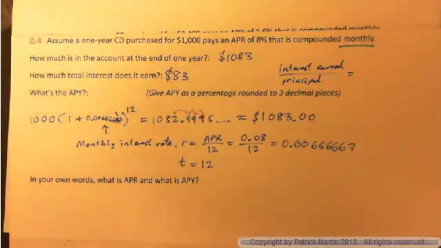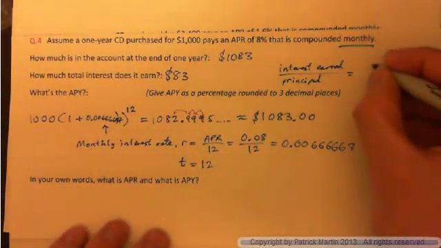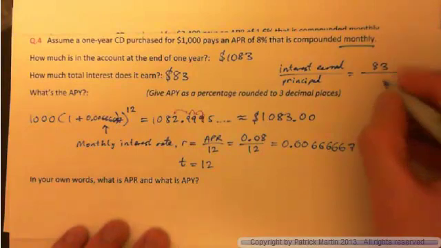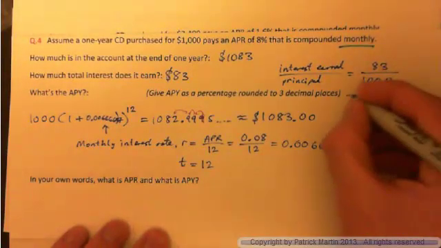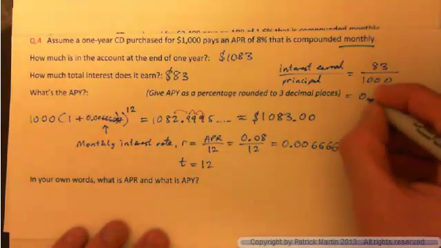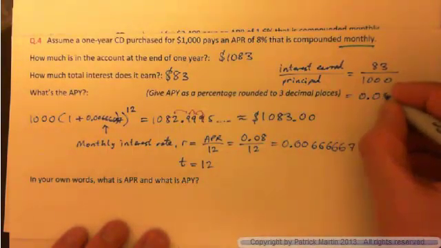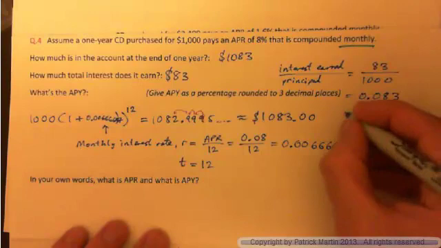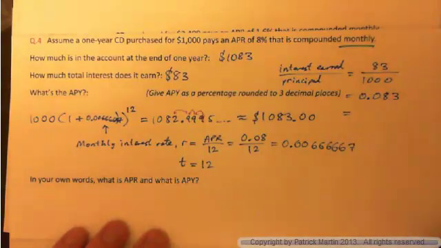So you get the interest earned as a percentage of what was in there at the beginning. So $83 out of 1,000, which is 0.083,